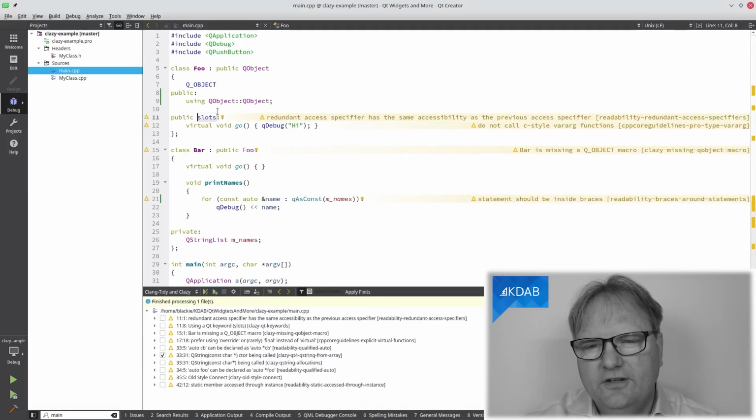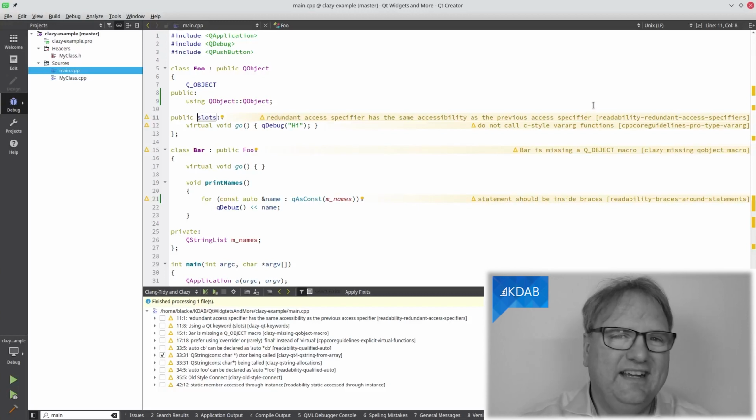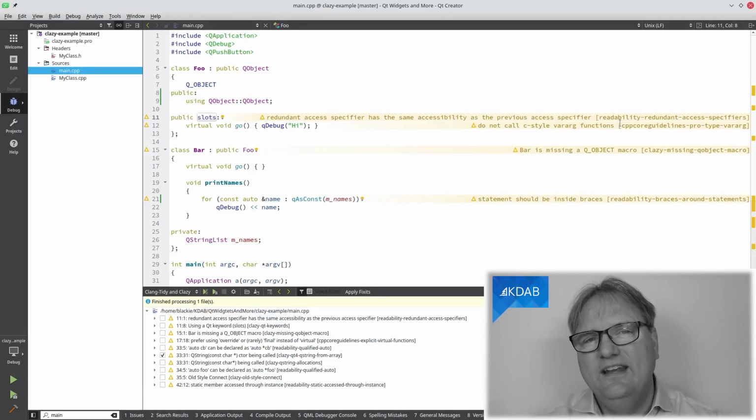Let me show you how you can disable individual lines of checks, not by putting them into this file that only goes into your project for yourself, but by editing your source code. It goes like this. First, you need to figure out, is it a Clang tidy or a Clazy error, because you do it differently with them. Actually, in upcoming versions of Clazy, it might do the same way as Clang tidy.